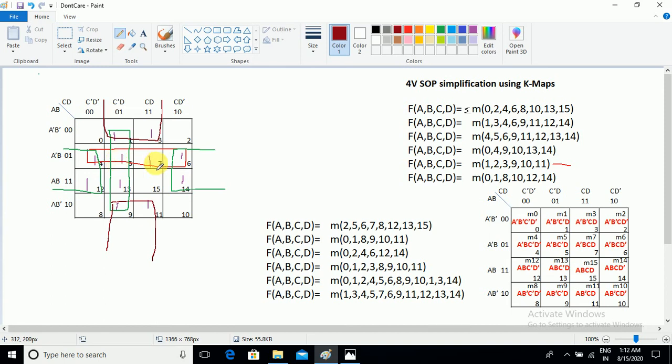How do you know that all are prime implicants? In the red circle, 7 does not get overlap. In the maroon color, 3 and 11 are not overlap, so it is also considered in the answer. In the green color groups, there are 2 groups, and in the first green group 13 is not overlap. In the second green group, 12 and 14 are not overlap, so all are prime implicants. All are to be considered in the answer. In case all cells are overlap in a group, then it is not to be considered in the answer. It does not become a prime implicant. Such kind of example we will discuss in an upcoming video.